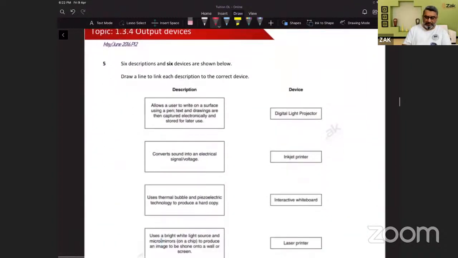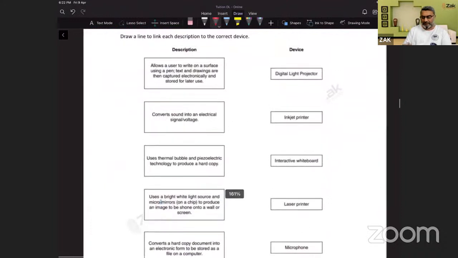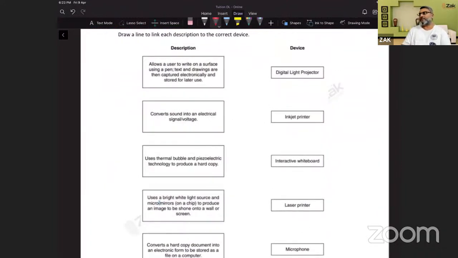अच्छा जी, allows a user to write on the surface। देखें हमारे पास writing on the surface के लिए सिर्फ एक ही डिवाइस है, टच स्क्रीन। यहाँ पे हमारे पास writing of the surface के लिए नहीं है। जो अगर आपसे कहा जाए कि you can hang it on a wall, ठीक है ना, या आप उसके ऊपर लिख सकते हैं, तो वो सिर्फ और सिर्फ इंटरैक्टिव व्हाइट बोर्ड ही होता है। ठीक है। अच्छा जी, कन्वर्ट साउंड इनटू एन इलेक्ट्रिक सिग्नल। ऑब्वियसली साउंड को इलेक्ट्रिक सिग्नल में कन्वर्ट करने वाली जो चीज है वो है माइक्रोफोन।